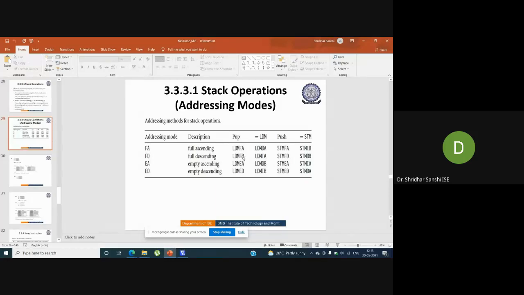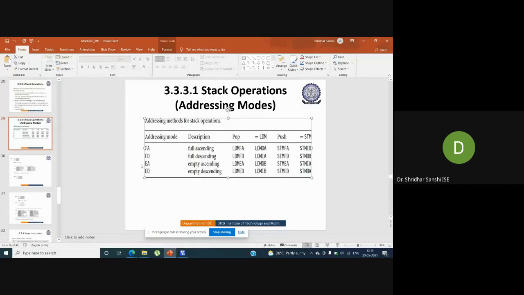D stands for descending. This instruction is equal to LDMIA, that is increment after. For the push operation, you should use STMDB.